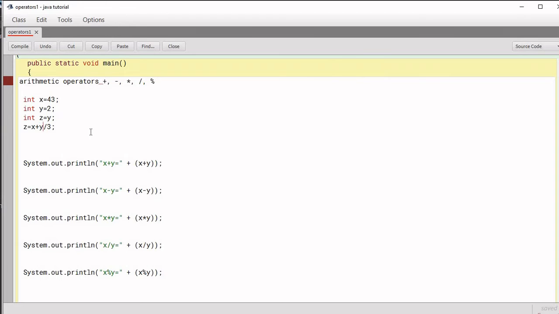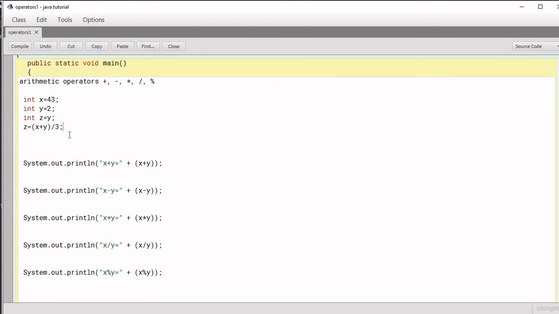If you don't want this, you can put parentheses, and the priority of parentheses is highest. In that case x plus y will be added and then the sum will be divided by 3. You must be aware of these operator precedence rules while writing expressions.